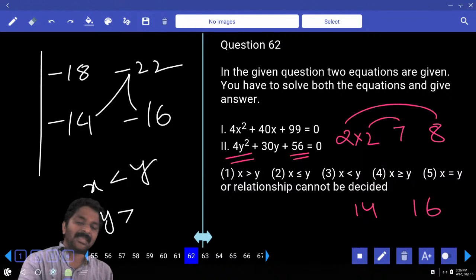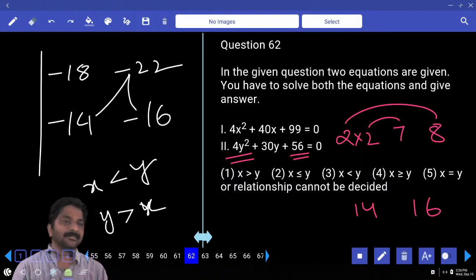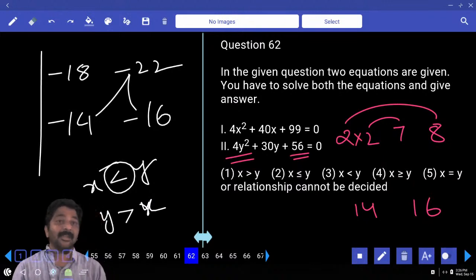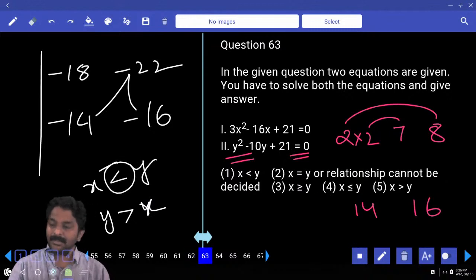Sometimes your answer can be y greater than x also. So don't rely on the symbol, rely on the entire condition. Next,